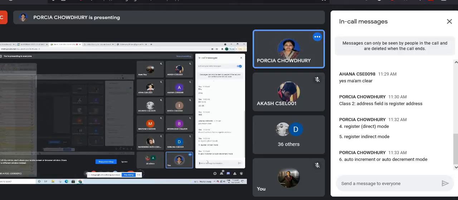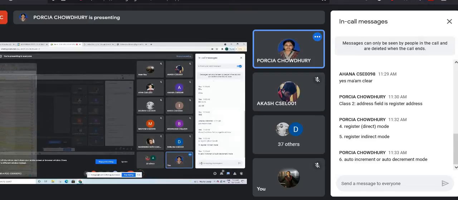So in a word, what do you mean by registered direct address mode? Over here, directly you will have registers. The names of the registers will be given, and in those registers you will have the operands. Directly, nothing you have to think. You just have to read the register and read the instruction to see what you have to do. Within the register the value or the operands will be given, and the instruction will say what you have to do with the operands.